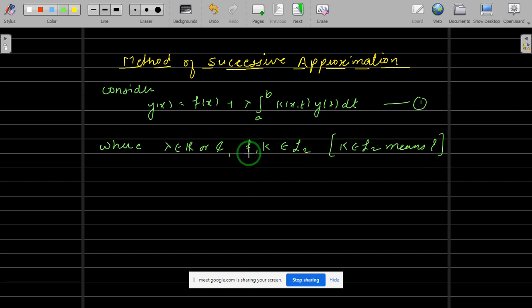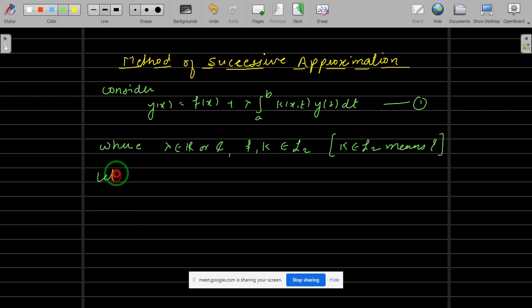So check what is the meaning of f. This f is a function of a single variable. So you know what is the meaning of f belongs to L2. That is, it's a square integrable function. But in this case, your k is a function of two variables. So check the respective definitions and what is the implication. Right? Now let us approximate this. Approximate means you are finding the solution which will converge to the limit. When you take the limit of those approximations, it should converge to the solution.